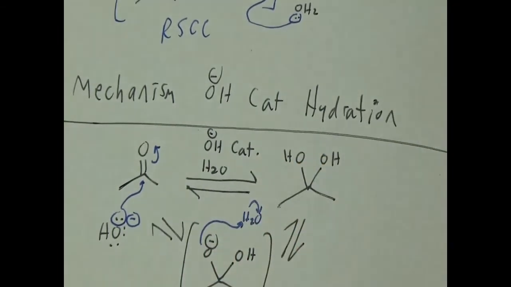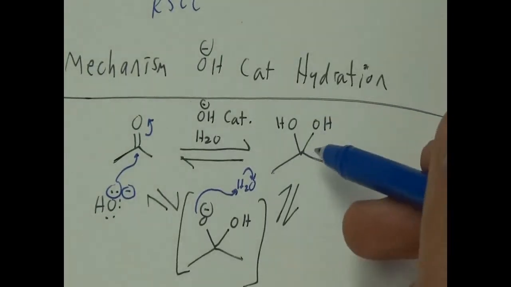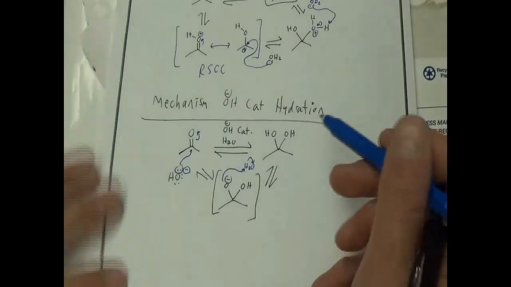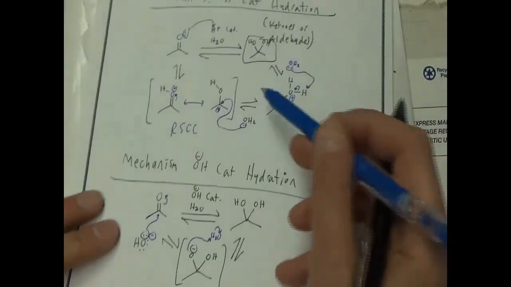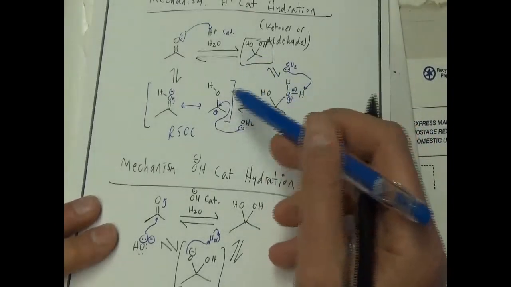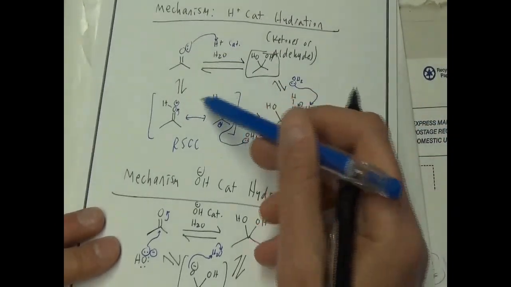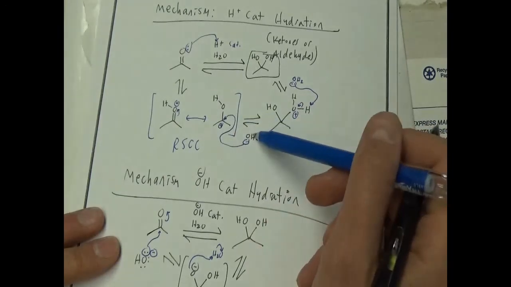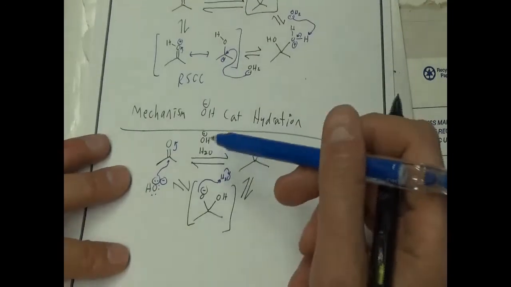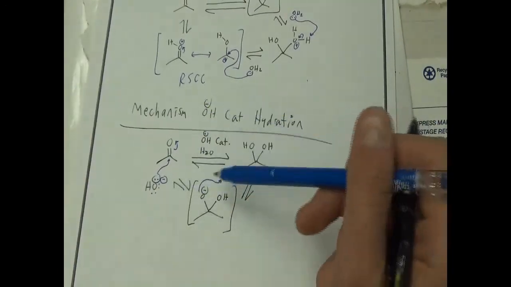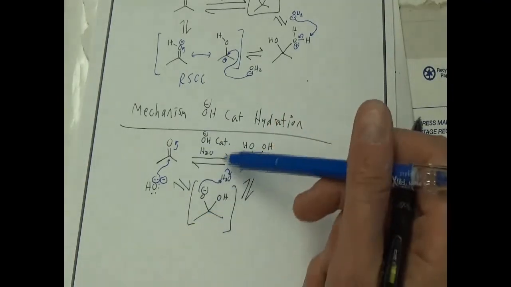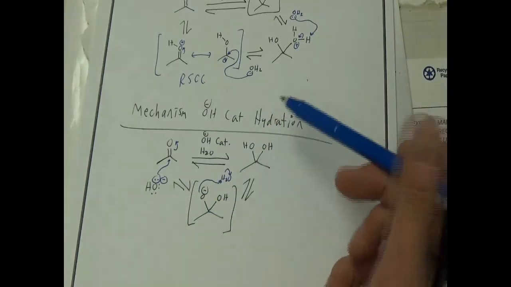Cool, so these are pretty easy reaction mechanisms. And this is a good preview for the entire chapter. We have a lot of these acid catalyzed reactions where you protonate, make an RSCC, and a nucleophile attacks. Then we have some basic ones where usually the nucleophile just attacks and then you do something else and then you get your product, alright?